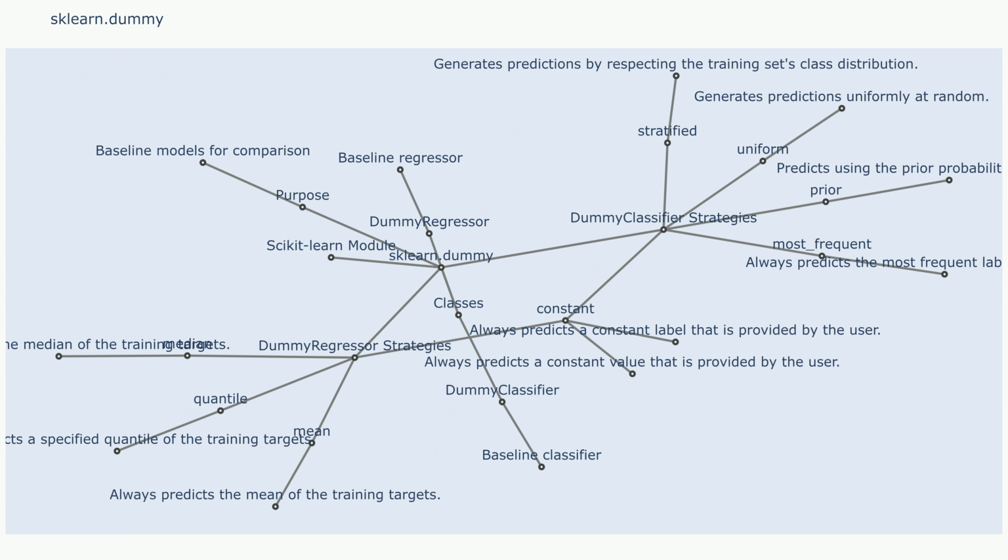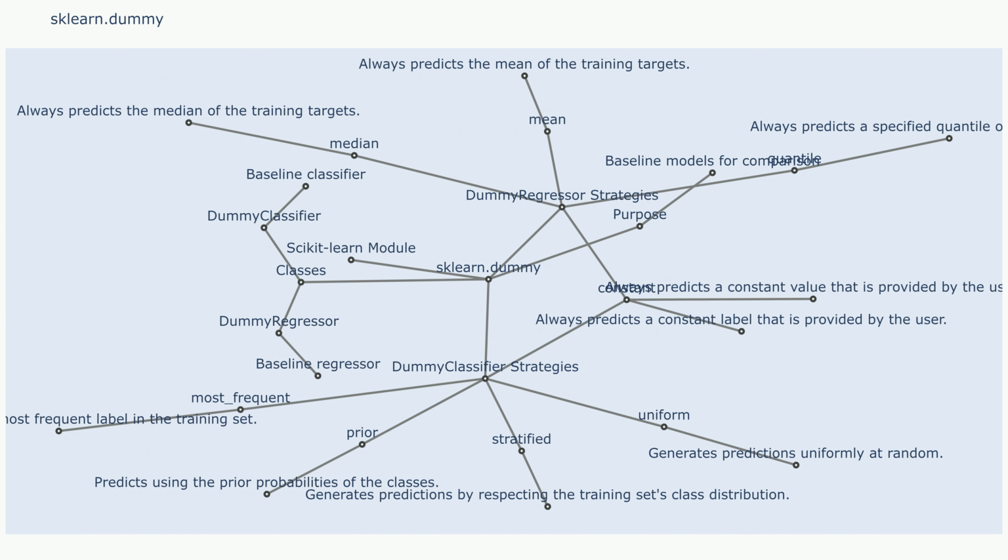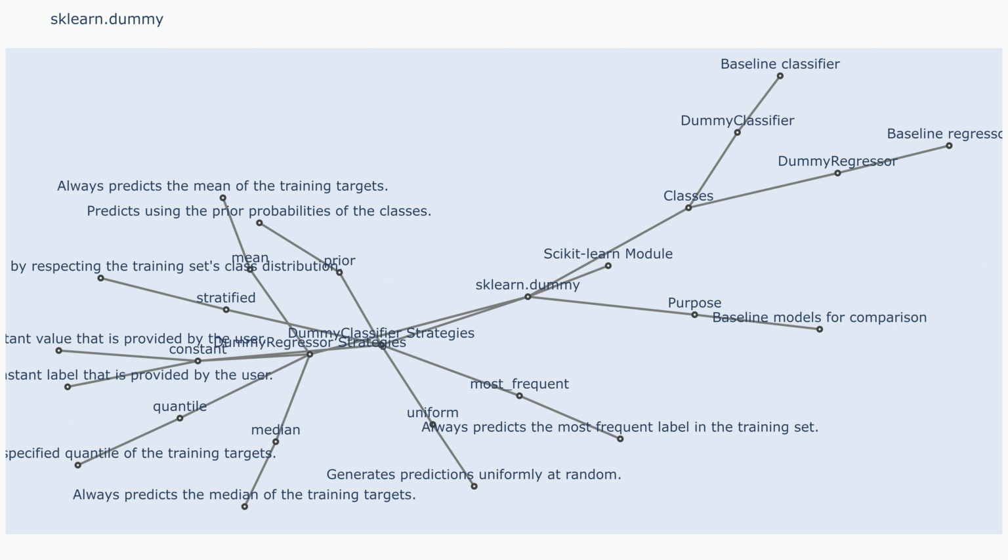Stratified. This strategy is used for classification problems. It predicts the most frequent class in the training data. This is particularly useful for evaluating imbalanced datasets where a simple majority class prediction might be misleading. Most frequent. Similar to stratified, this strategy predicts the most frequent class across the entire dataset, regardless of the specific